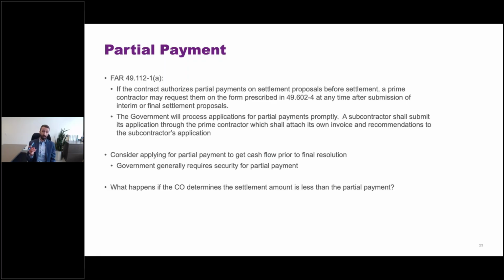That can be very complicated too if the prime is flowing partial payment requests through a subcontractor, all right? Because the prime is going to need to protect its interest vis-a-vis the sub if there's a request for a refund later from the government. This process is really powerful, can be really helpful to all involved, but can be complicated. And if you are going to pursue it, you want to be mindful of everybody's rights along the way and make sure you are negotiating a process that is fair and reasonable for everybody.